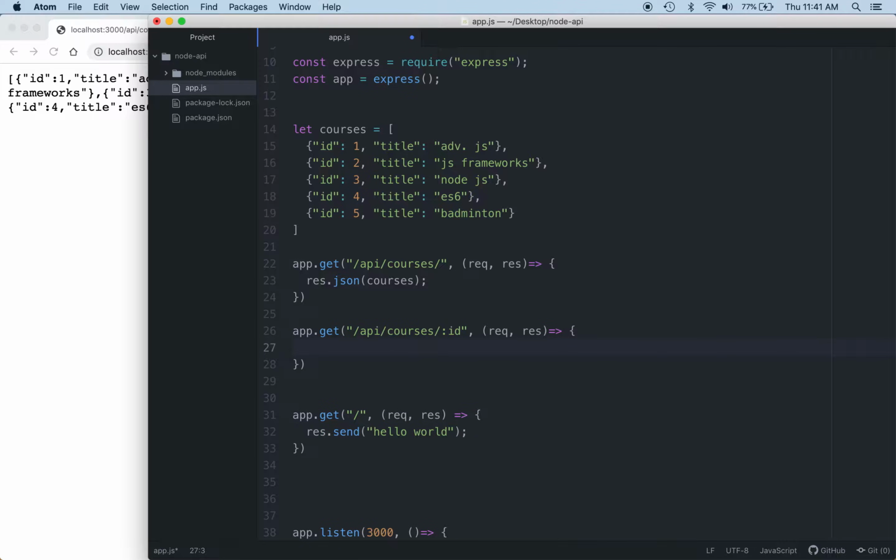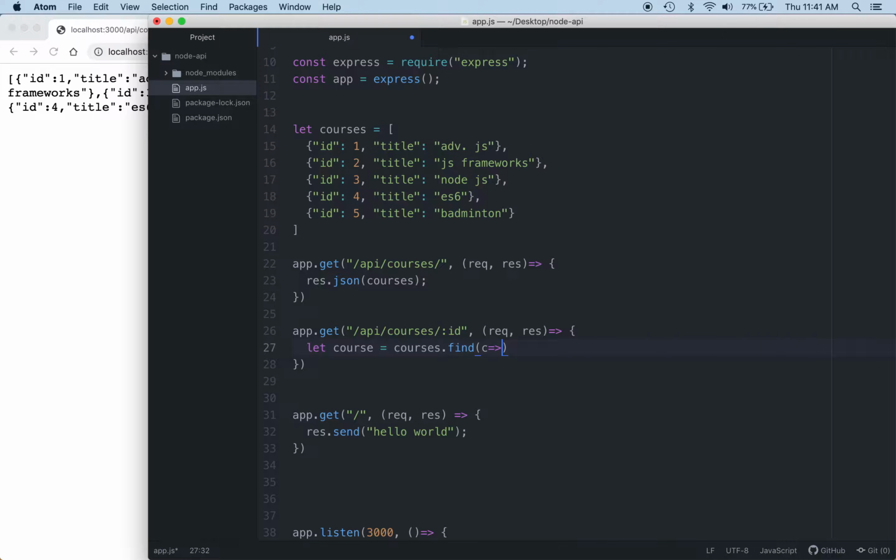And now the only thing that I have to do additionally is I'm given this ID. I want to use that to find the matching or corresponding course that has that ID. So I'm going to have a variable course equal to courses.find. So I'm going to this object, I'm trying to find a course that has that matching ID. I'm going to have a callback function basically saying, what am I looking for? So I'm passing in a course,